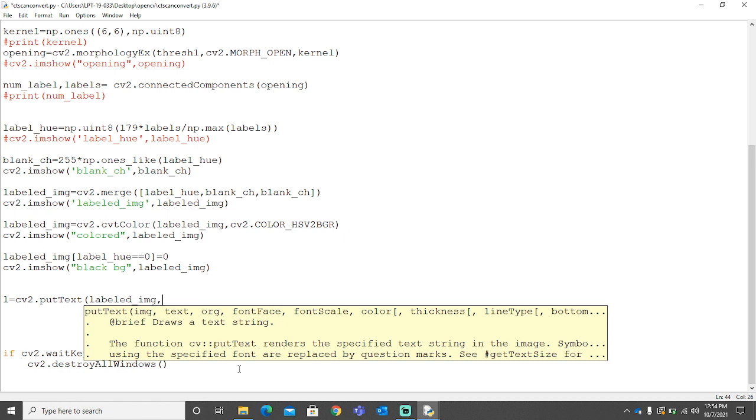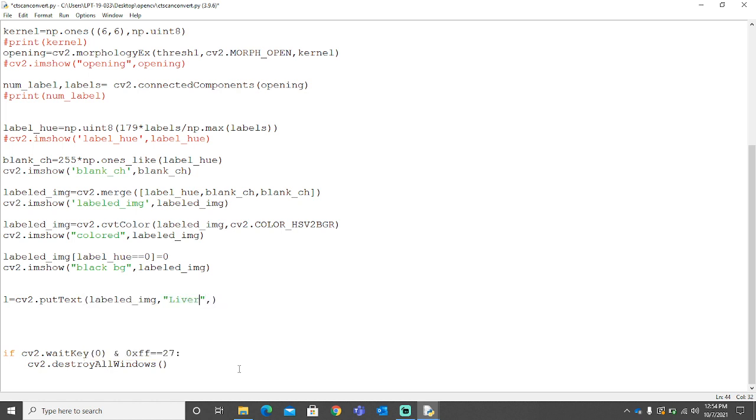We name the image. Let's name the text. The text will be, let's close this box first. The text is liver, the image is labeled image, right? And then we need to give various parameters here. This is our font.